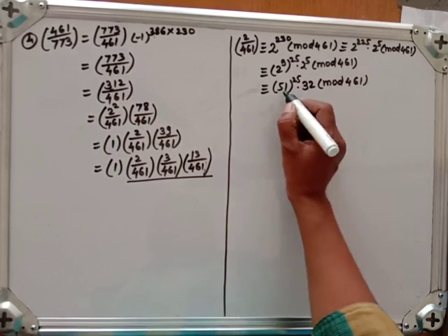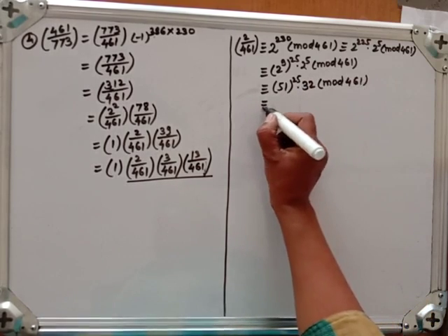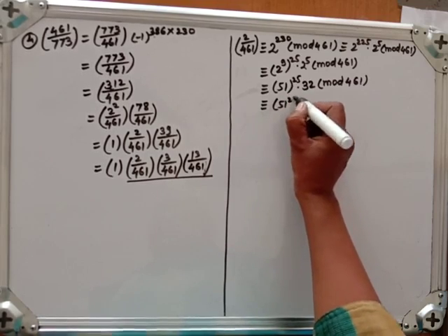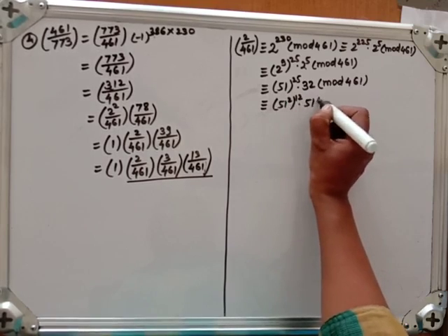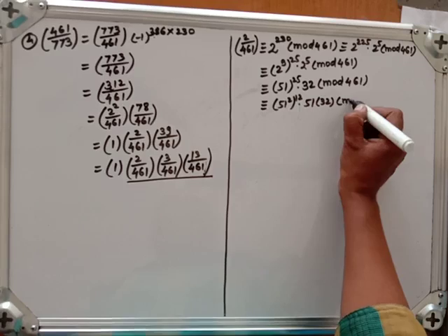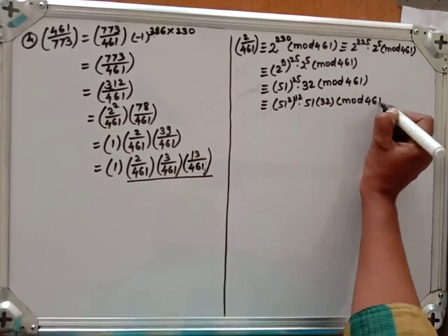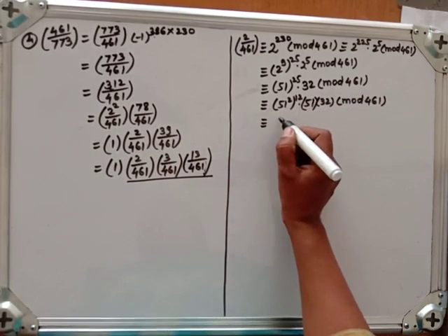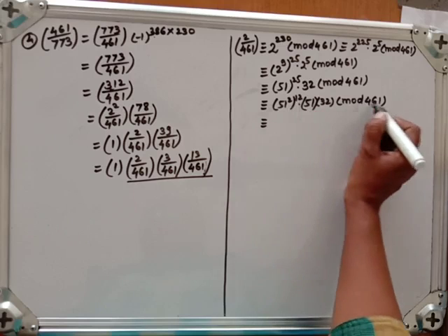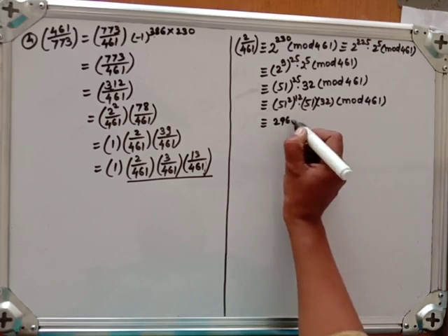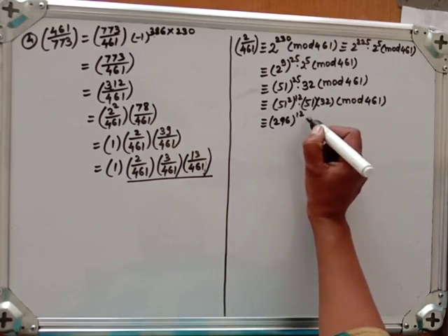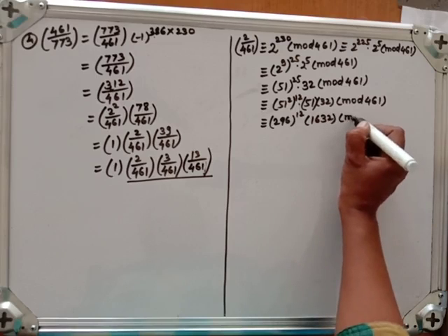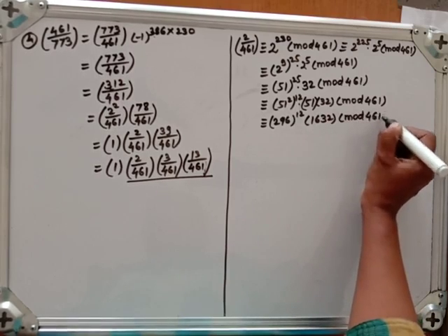461. Now this 51 raised to 25 can be written as 51 square raised to 12 into 51 into what? 32 modulo 461. Okay, so this is congruent to 51 square modulo 461, which will be 296, raised to 12 into this product, which will be 1632 modulo 461. So that is equivalent to